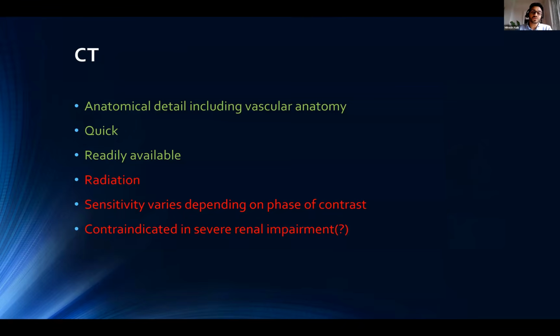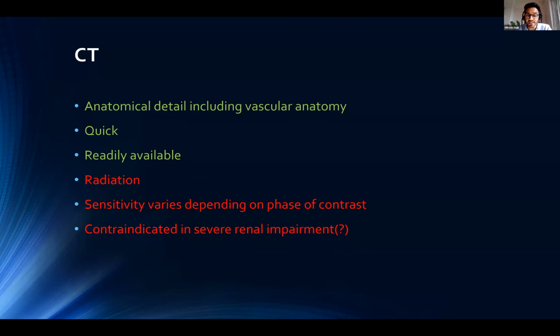Okay, so now moving on to cross-sectional imaging. So CT is essentially fundamental for workup in patients initially diagnosed with neuroendocrine tumors. It's optimal for anatomical detail, including vascular anatomy, which is really important when thinking about surgical management, especially with the relationship with the proximal mesenteric vessels, for example, if there's a scenario of a mesenteric mass to determine resectability. It's quick and of course it's readily available.